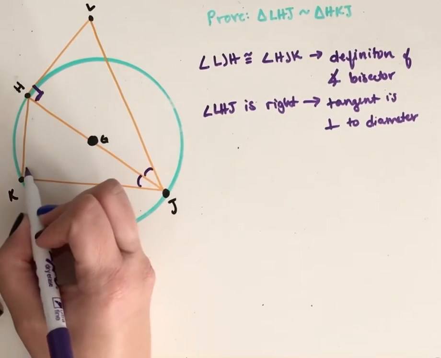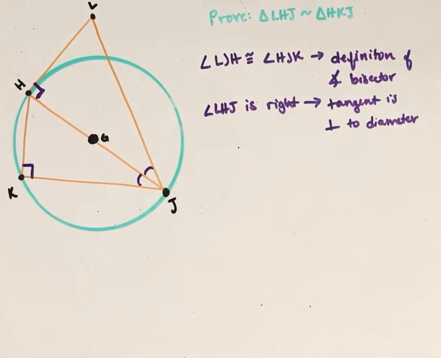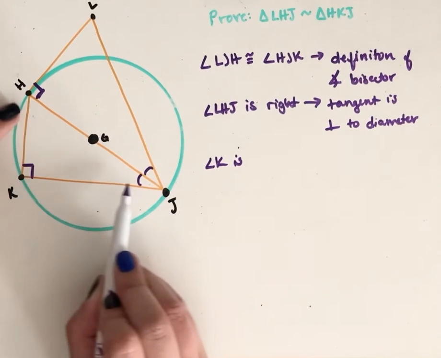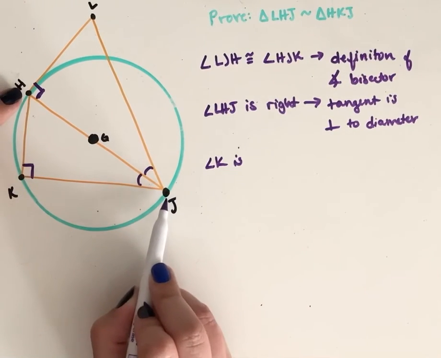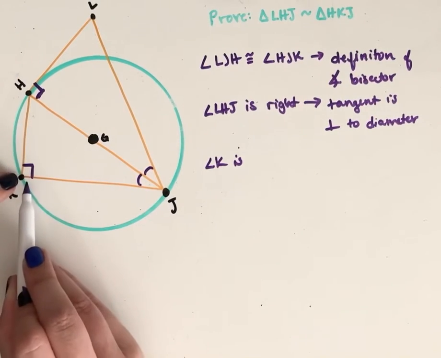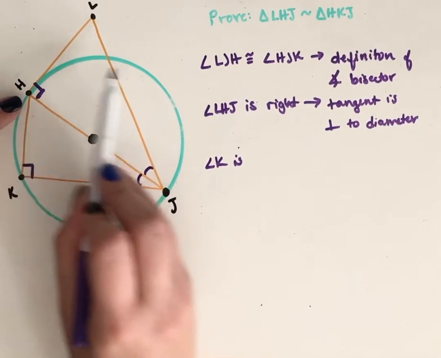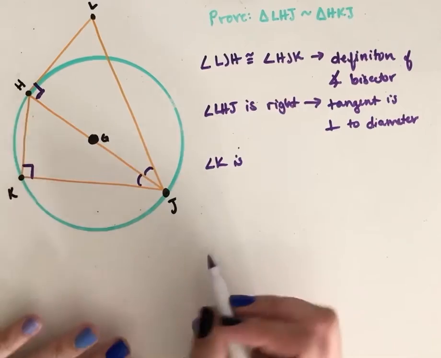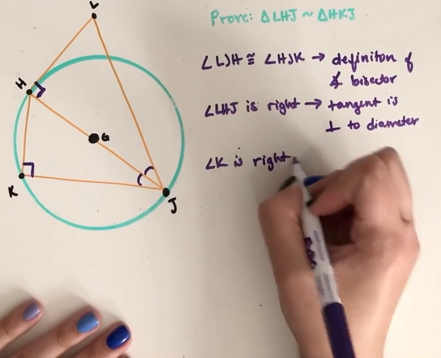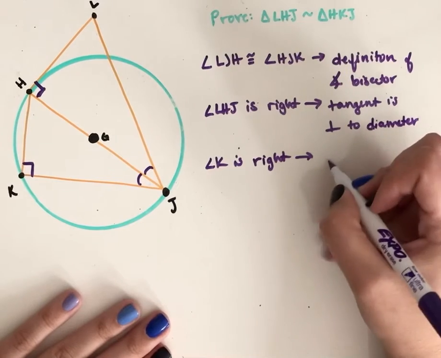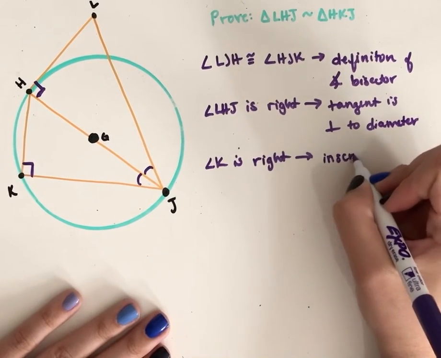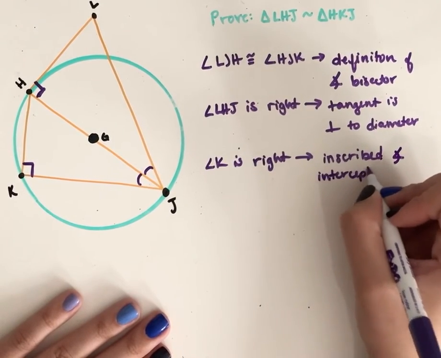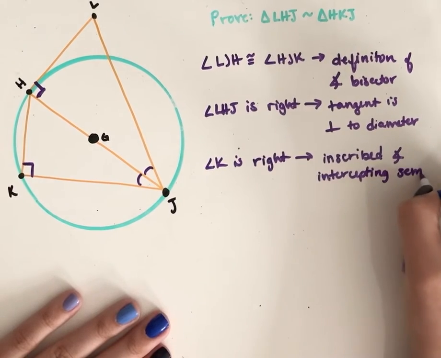I also know that angle K is a right angle. Now I know that because if I follow out the rays of angle K, those rays hit at H and J. So this angle is inscribed and it's intercepting a semicircle. It's intercepting half of a circle. It's also intercepting the endpoints of this diameter. So angle K is a right angle. There are a few different ways you could explain that. I'm going to say because it's an inscribed angle intercepting semicircle